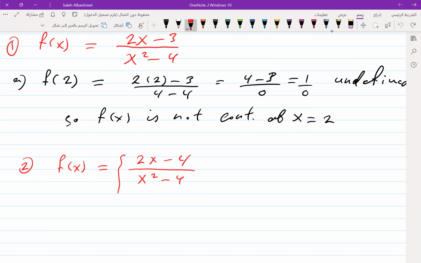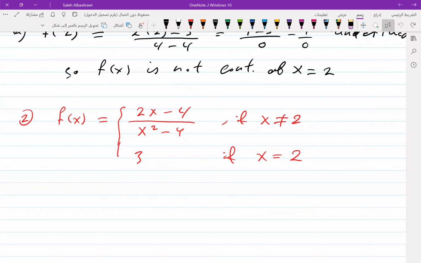...x squared minus 4, where this is if x is not equal to 2 and is equal to 3 if x equal to 2. I have a piecewise function, and I need to check whether this function is continuous or not. So I have to check the 3 conditions. The first condition,